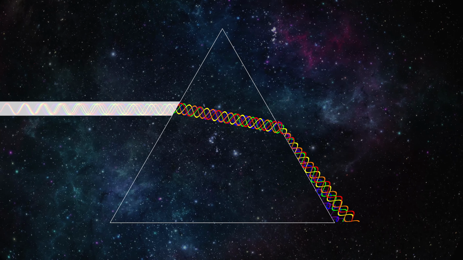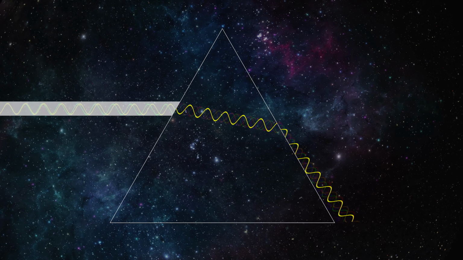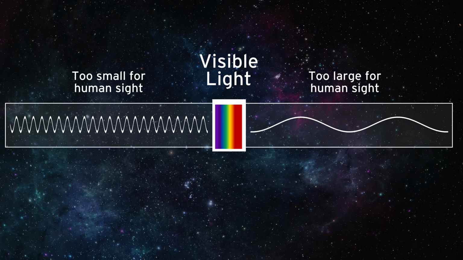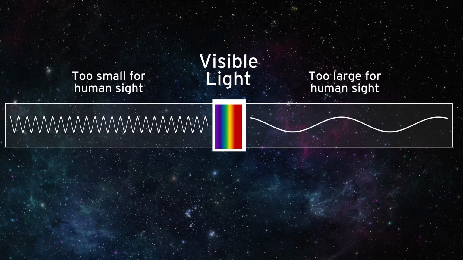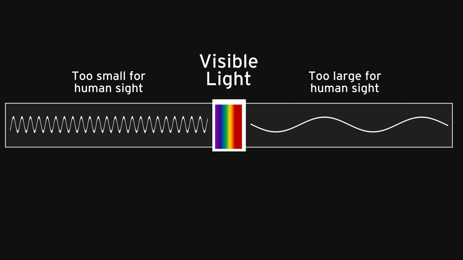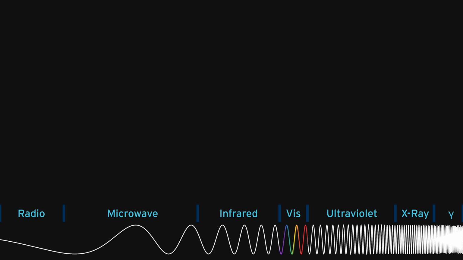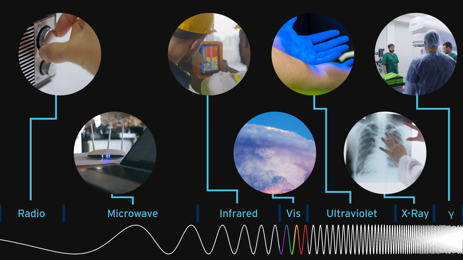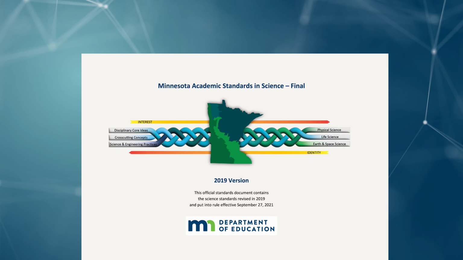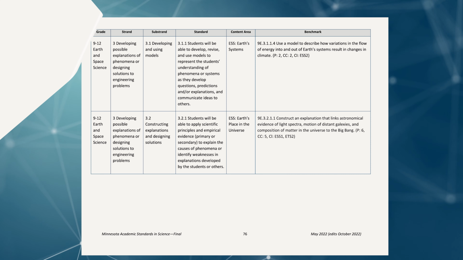This will all be important to know because early studies of space relied only on visible light from stars, but over time astronomers expanded their observations to include invisible parts of the electromagnetic spectrum, opening new ways to learn about the universe. To summarize, visible light is only a small part of the electromagnetic spectrum. Different wavelengths of electromagnetic waves behave differently, allowing us to study and use light far beyond what our eyes can see. This idea is a critical foundation for understanding Minnesota Standard